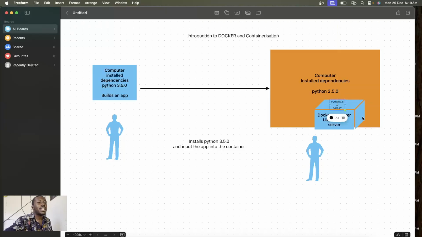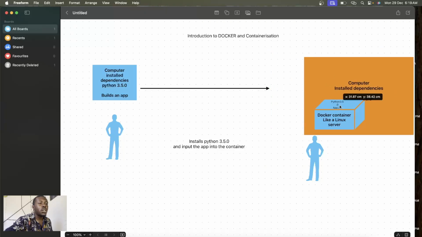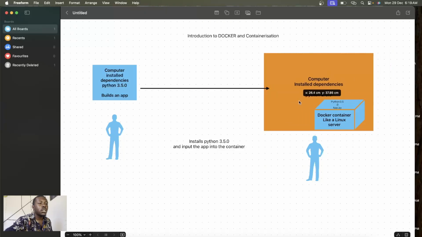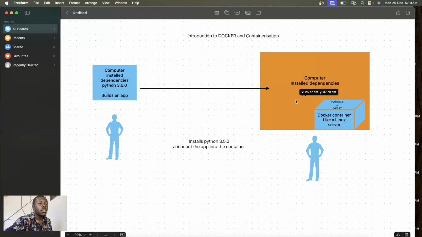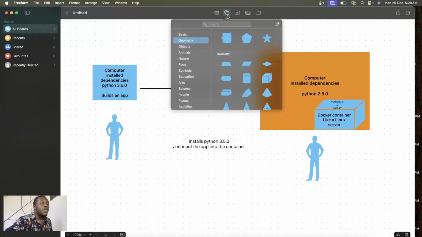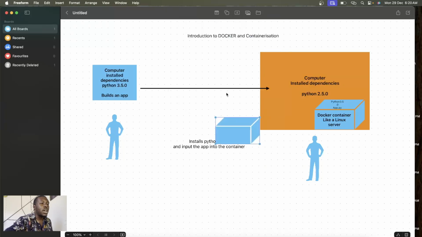So something like this. So now where the beauty of this comes in is that this guy can have multiple different containers running, can have multiple different containers from other developers, right?